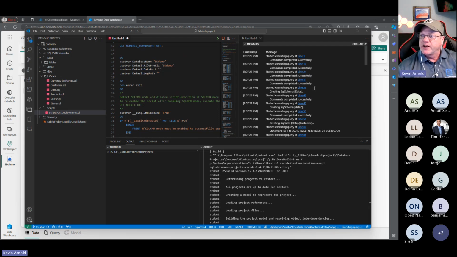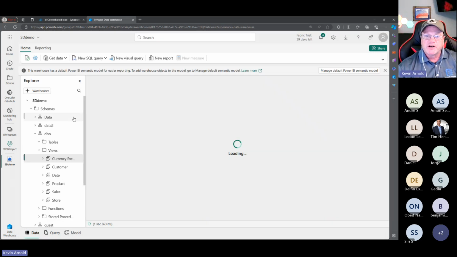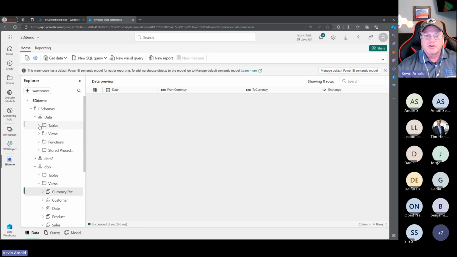You can see it ran, and it's going to tell us it finished. If we had an error, it's going to tell us the error over here. But if we come back over here, see how that just refreshed? All of my tables are here now, right? So managing your database project is a good way. Those are the views. Let's go under the schema that showed up called data. Here are the tables that we were talking about. No, really, the tables are there.